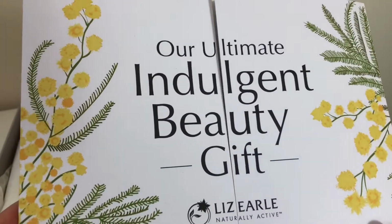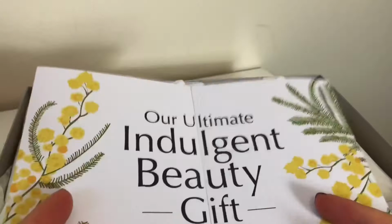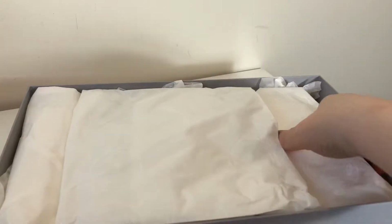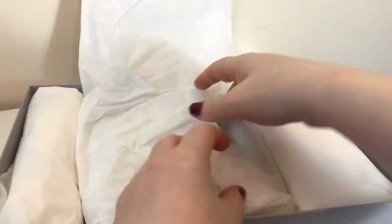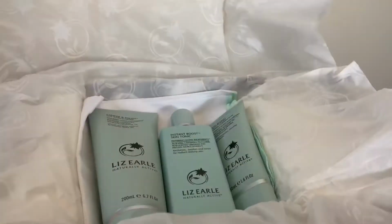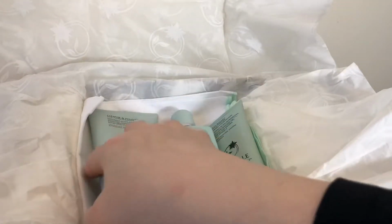Our ultimate indulgent beauty gift, and this basically says what's in it, but I'm just going to unwrap everything and show you everything that's in here. I've actually not even looked myself. So there's 3 products in here. So the first one